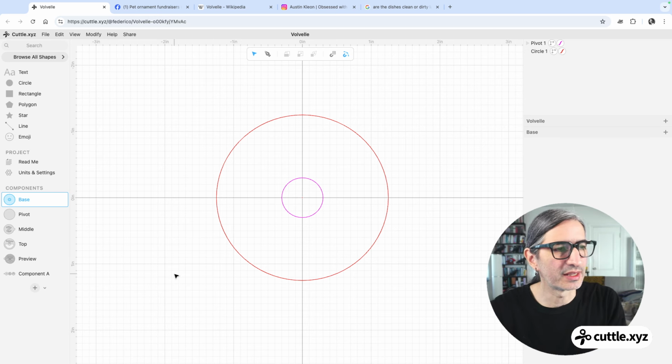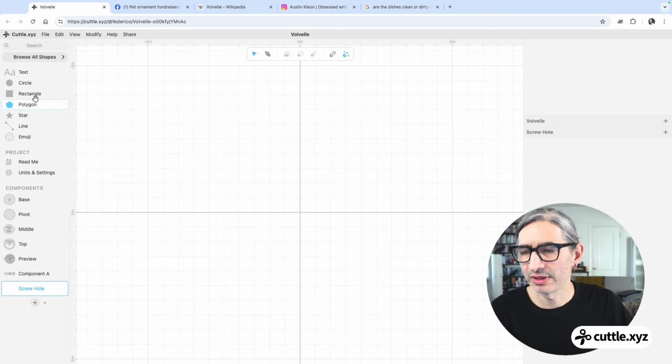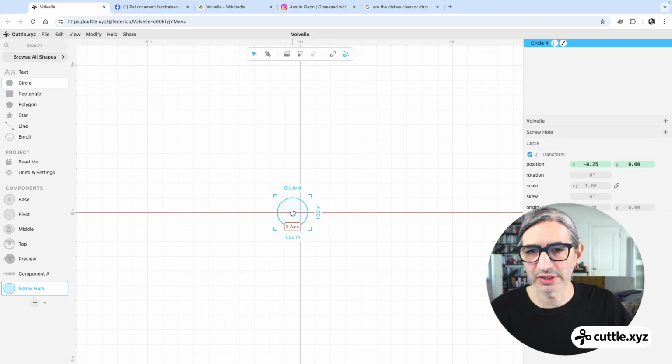So if you want to prototype it or disassemble it, what I did is I created a screw hole component. So I'm going to create it here. I call it a screw hole. And that is also just a circle,